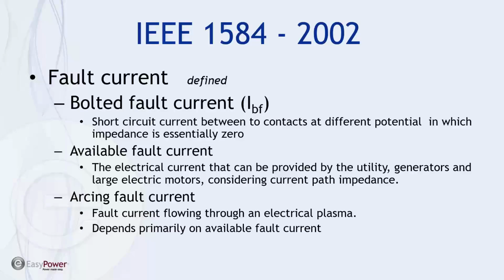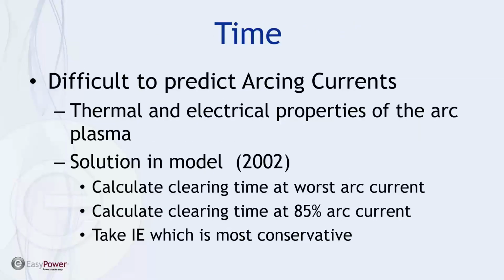So the bottom line was, it was difficult to predict what the arcing currents were going to be. And so the solution that evolved as far as 2002 was to calculate the worst